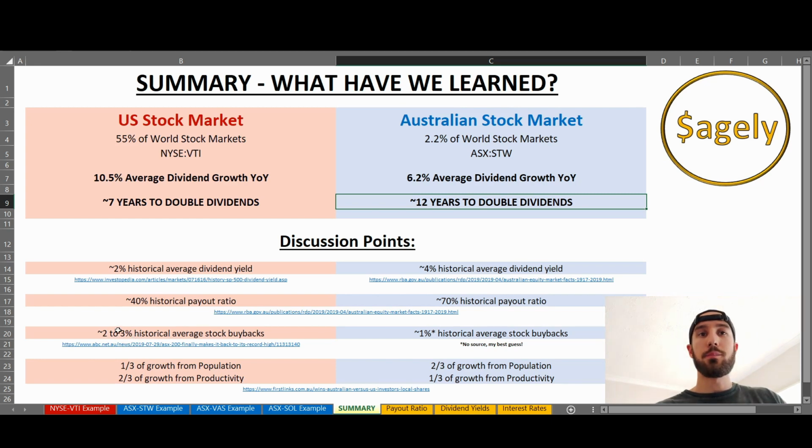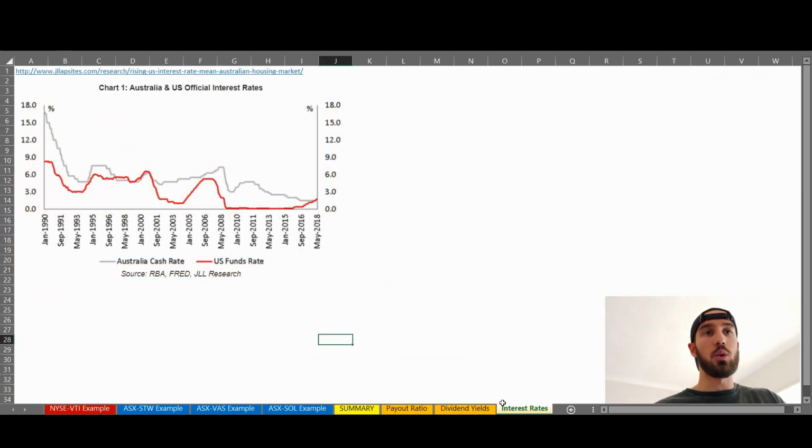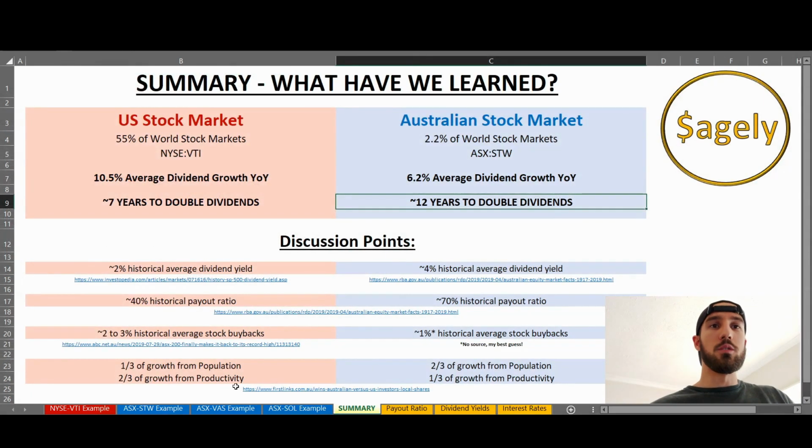Okay, so they typically buy back 2 to 3% of their outstanding shares every year, whereas in Australia it's only about 1%. And if we look at the interest rates, we can understand why this makes sense, because over the last 10 years, interest rates in the US have been very low, thus making it very easy for companies to borrow capital and then buy their own shares, inflating their share price, increasing their dividend yields, and so their executives can get bigger bonuses. Okay, I'm being a little bit facetious here with that, but anyway,